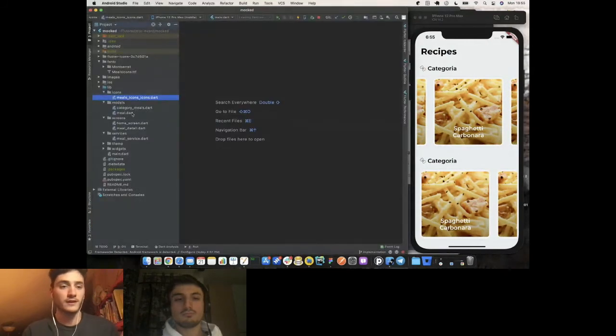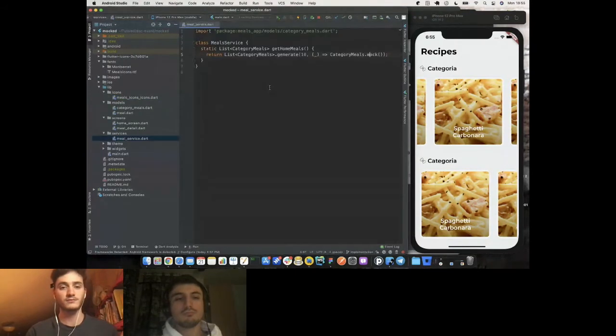So I'm first going to show you how to implement a service. A service is just a class that has static methods in which we retrieve data, no matter where that data comes from. It can come from an API or just mocked data, so fake data. And in this method, we just